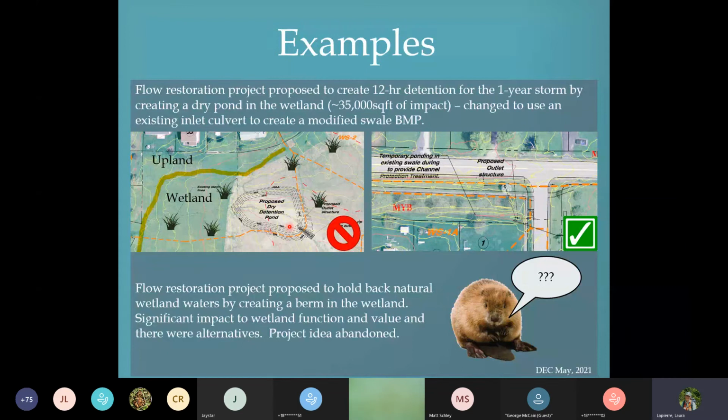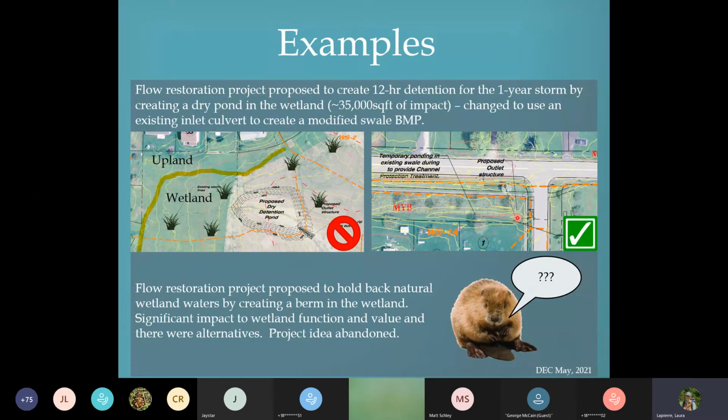Fortunately, they were able to change the design to use an existing inlet culvert to create a modified swale BMP. So this is within the same larger development, but on a separate parcel, and they were able to make it work. So we have both the wetland as well as this swale to help with flow restoration.